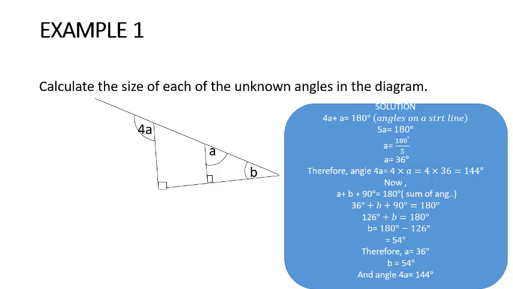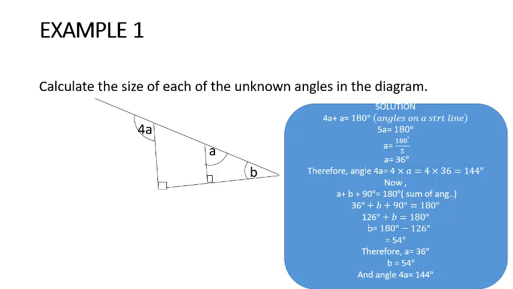That's why we have just labeled that angle to be A, because it's the same as the other angle A which is already labeled there. So 4A plus A is equal to 180 degrees, angles on a straight line. So 4A plus A is 5A, which is equal to